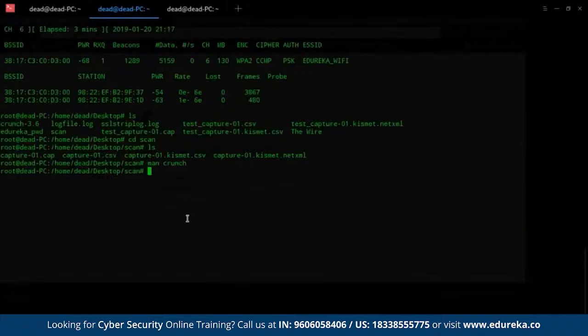Let me remind you that the password for my home Wi-Fi is sweetship346. Now we can ask Crunch to generate something that looks like sweetship346. So I say crunch. The minimum length is 12, I already know that, and the maximum length is also 12. Now let me input the pattern.